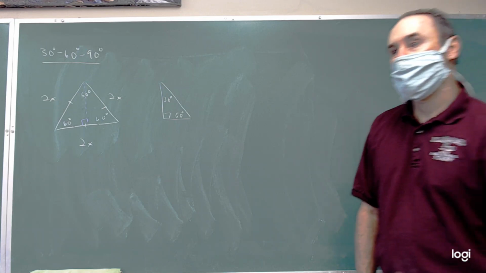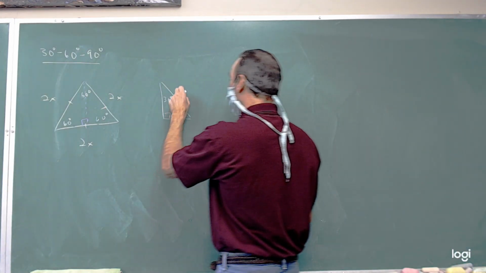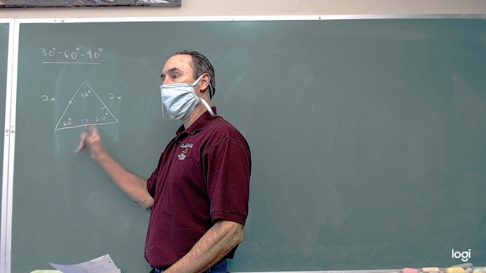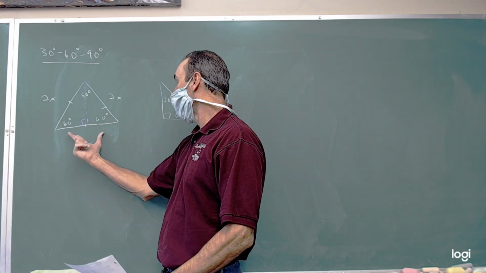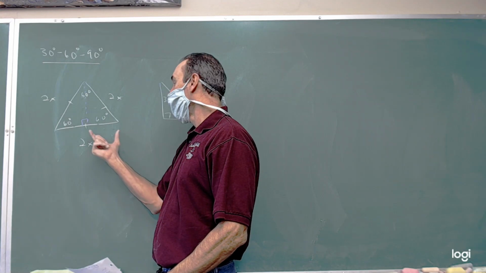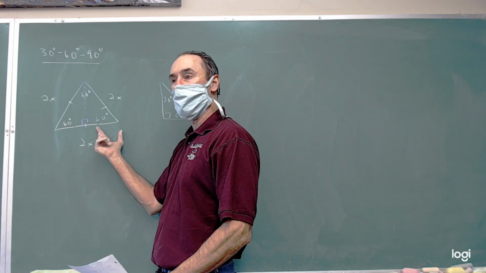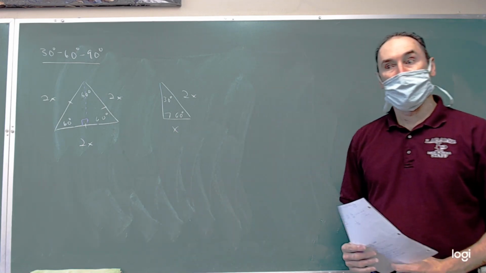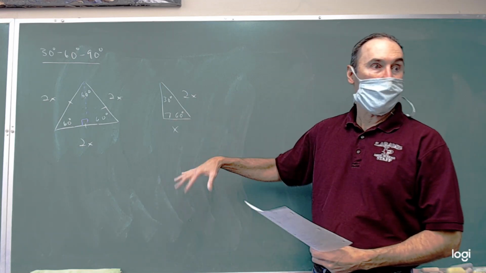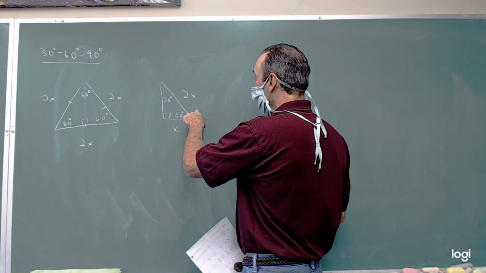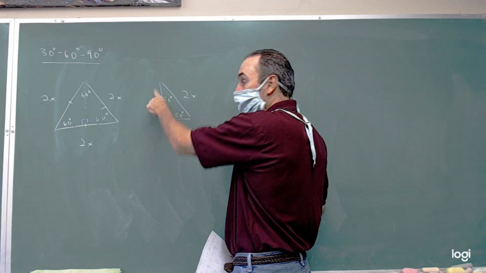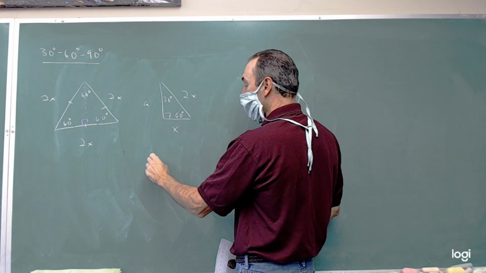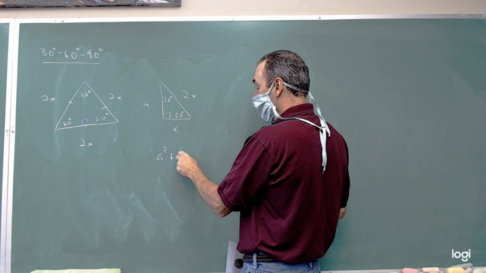We okay so far? Because I chose this side to be 2x, that remains 2x. When we dropped this perpendicular down, we created two congruent triangles. This side down here, that 2x, has now been split into two congruent segments, which makes this side length now x. Does that make sense? We still have a right triangle, so the Pythagorean theorem still holds. So we know these two sides, and we can solve for that side. I'm going to call it a for a moment, but I'm going to come back and get it in terms of x. So from Pythagorean theorem, we're going to get a squared plus x squared,